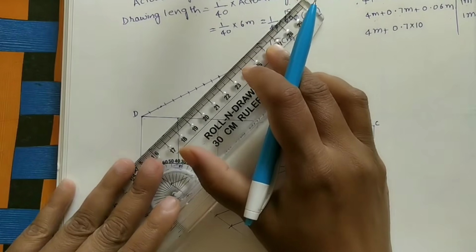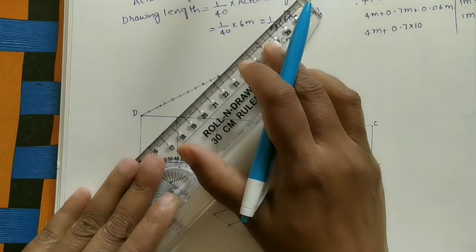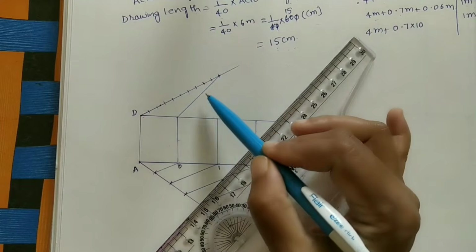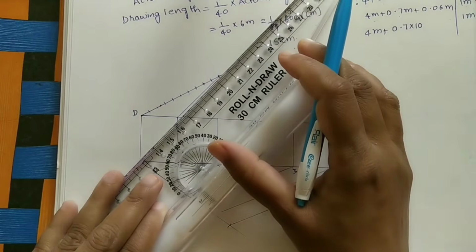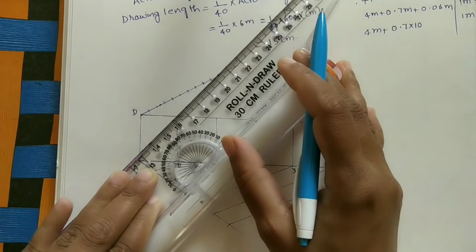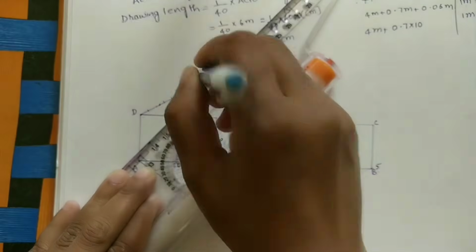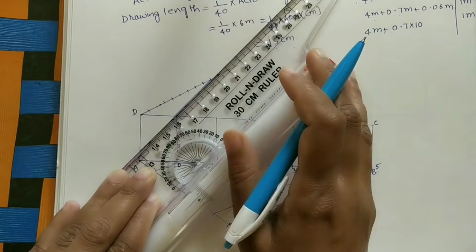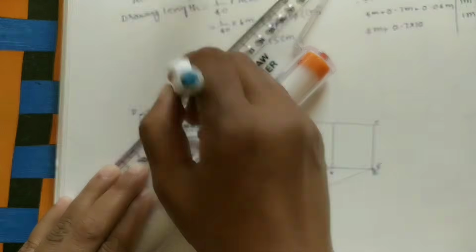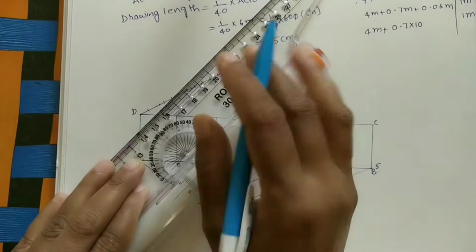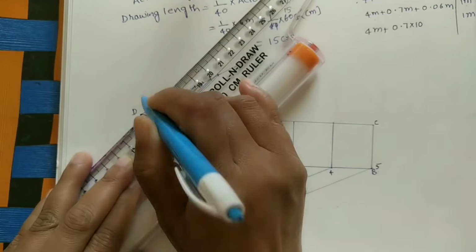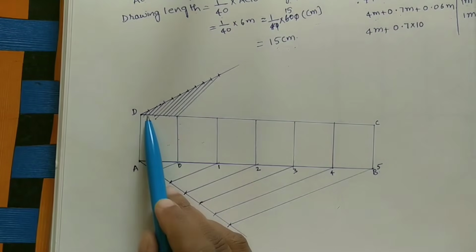Do with drafter scale. It is easy to get the parallel lines. Okay, after getting this line, at all these points do the lines parallel to this line. Okay, so with drafter it is easy to do the parallel lines. Fix the drafter scale here, move the scale in this direction. Okay, here I am using roller scale for getting the parallel lines. At this point do the parallel line and next point. So here we got the equal 10 divisions.